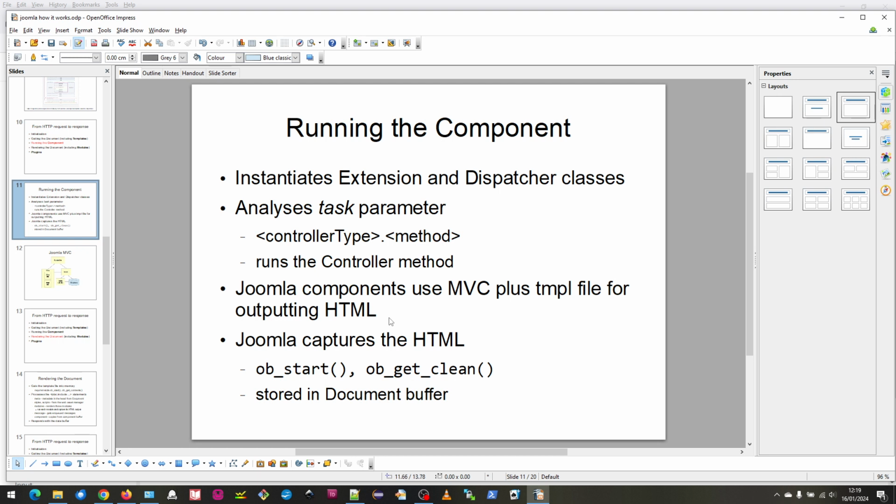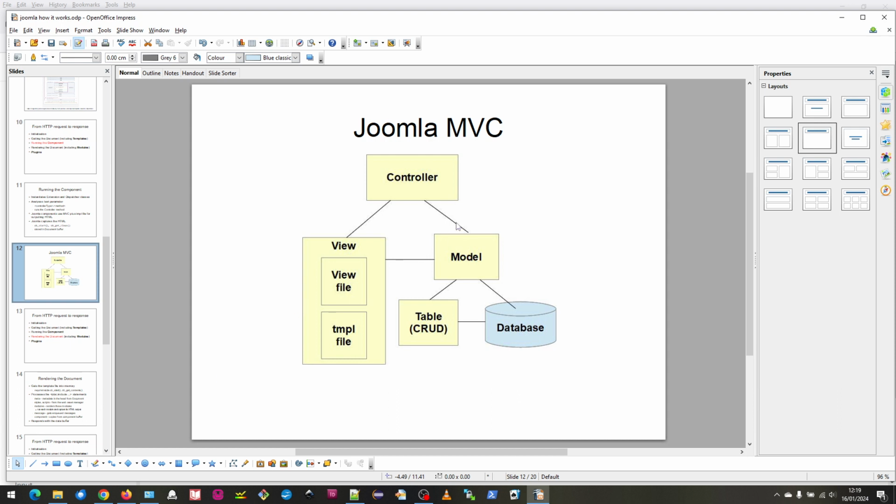Joomla uses MVC plus a TMPL file, sometimes called a layout file or a template file, for outputting HTML. And there's a picture of it here. You have the controller, which really works out what do I do with this HTTP request. It gets the details of it in and decides this is how I'm going to handle it. If it's going to present back HTML, then it'll have a view file and a model file to get any